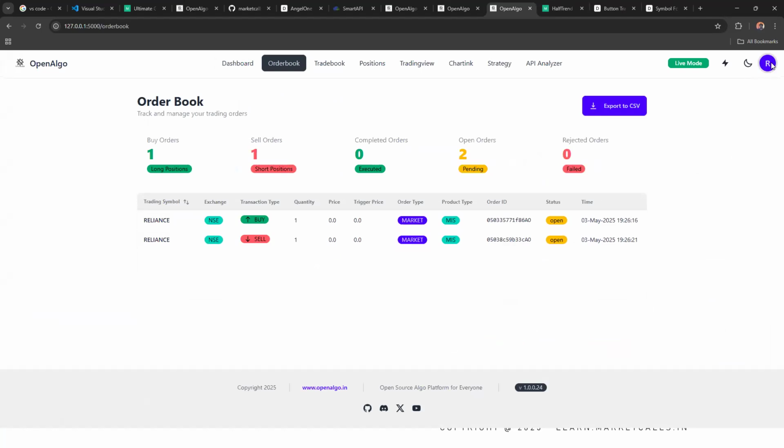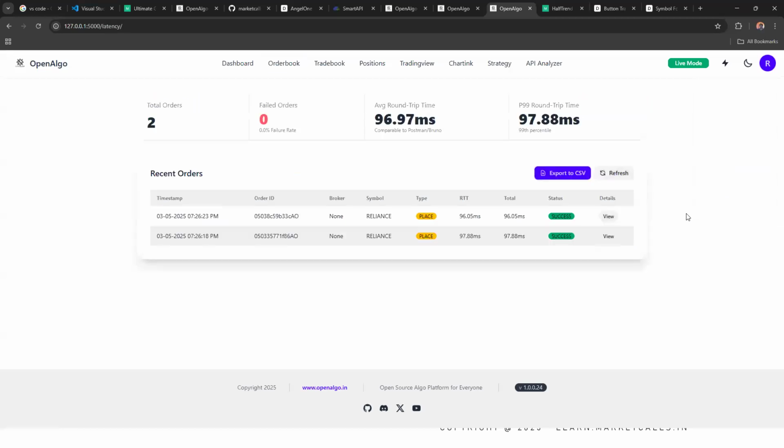We also have an inbuilt latency monitor, which none of the algo vendors are right now having. This latency monitor shows how fast the execution is happening. You can see that the time to reach the broker and place the order is less than 100 milliseconds. There are two orders we placed, and none of them failed. We got a success message from the broker, and the total time taken is 96 milliseconds for me to send the order from